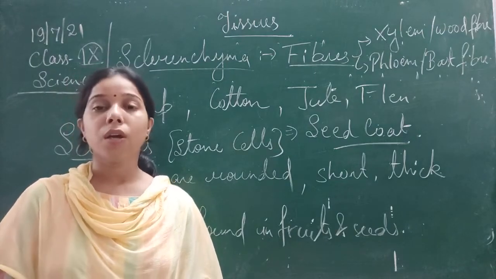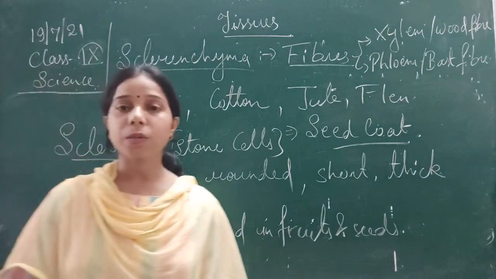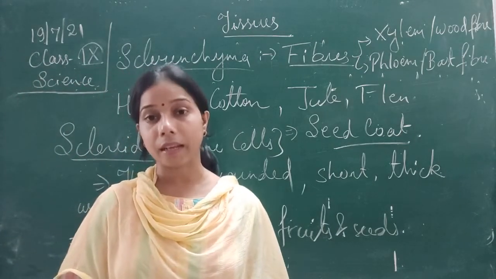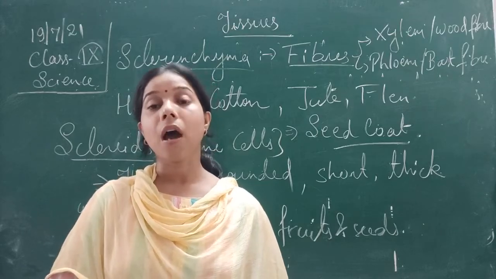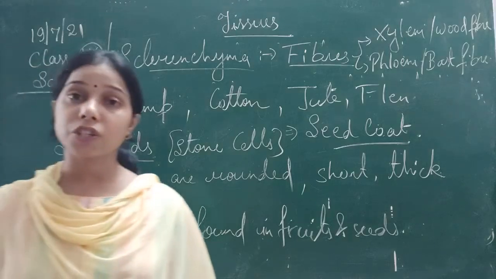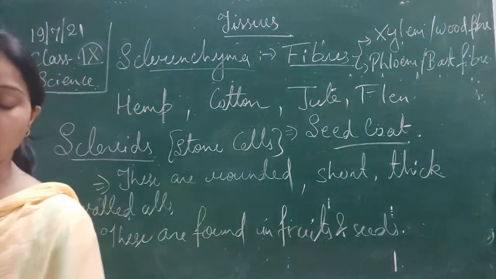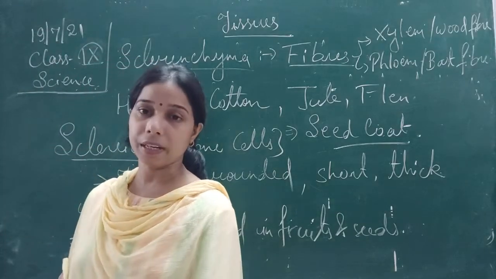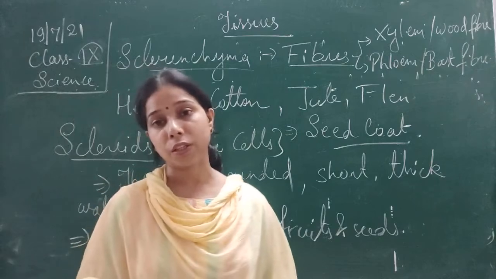So we have seen the role of parenchyma, we have seen the role of collenchyma, as well as understood the sclerenchyma, what kind of characteristics and features they have. It means what kind of functions they have. Now this is all about the simple permanent tissues. Talking about the next one, that is complex permanent tissues.